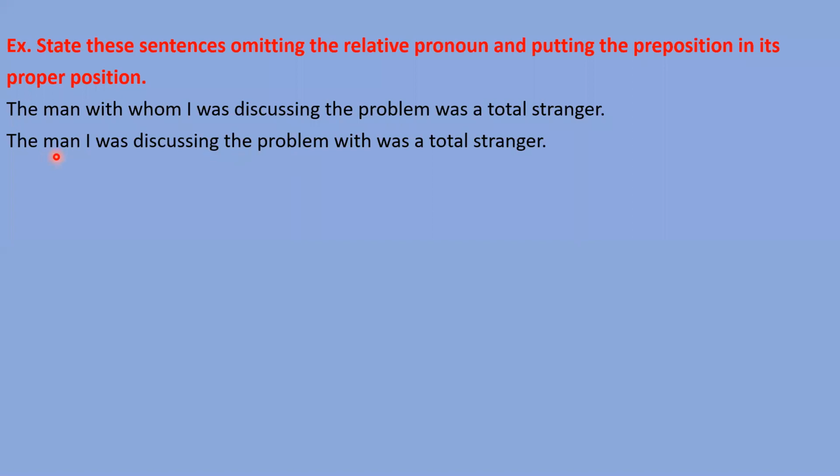So you can say the sentence: the man I was discussing the problem with was a total stranger. देखो ये जो वर्ड है whom, उससे पहले preposition भी है, ये preposition whom के लिए है. तो whom वर्ड को यहाँ पे हटाना है क्योंकि हमने यहाँ पे सीखना है omission, यानी कि हम रिलेटिव प्रोनाउन को हटा भी सकते हैं अगर वो ऑब्जेक्टिव केस की तरह यूज किया जाए. तो हमने ये whom को हटा दिया. अब हटा दिया तो ये जो विद preposition है वो कहाँ लिखी जाएगी? वो लिखी जाएगी जिस पार्ट में वो रिलेटिव प्रोनाउन यूज किया गया है उस पार्ट के एंड में. तो इस पार्ट का एंड कहाँ है? ये प्रॉब्लम तक है. ठीक है. द मैन वॉज ए टोटल स्ट्रेंजर, ये अलग पार्ट है. राइट. सो विद है, हम यहाँ पे लिखेंगे: the man I was discussing the problem with was a total stranger. Okay, in this way you have to tell me the answer.